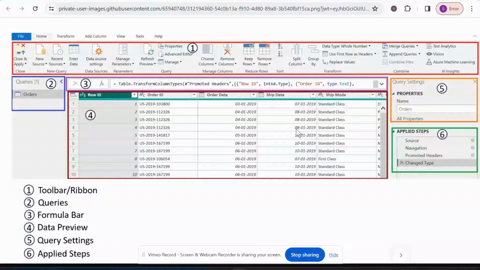And how is it implementing that action? By writing an M code internally for that particular step, because Power BI can only understand that M language, through which it makes that result happen as required. Okay, so number 3 is your formula bar, where you can also write your own custom M code as needed,